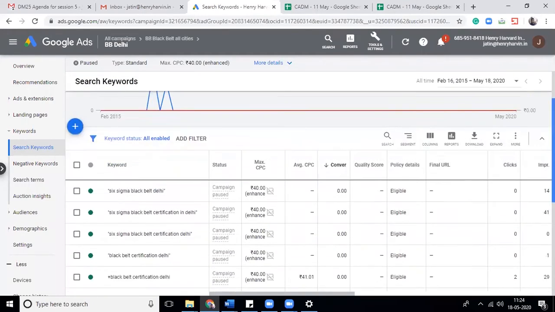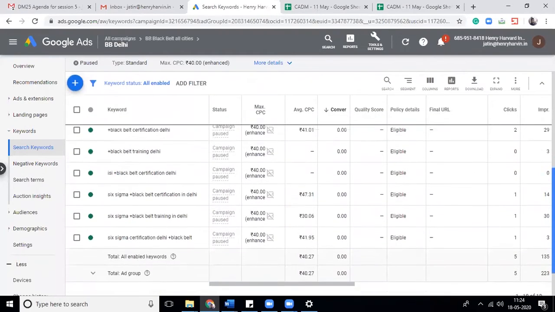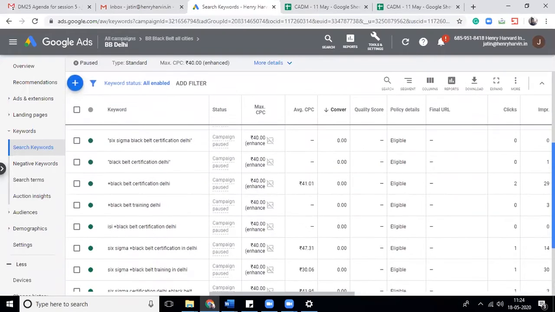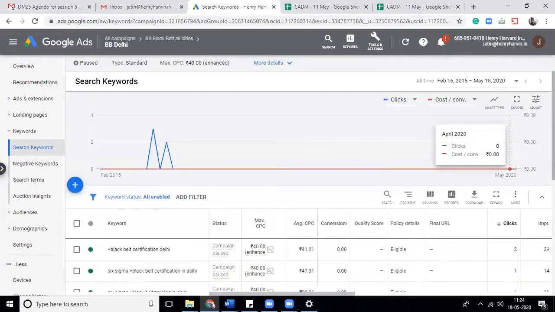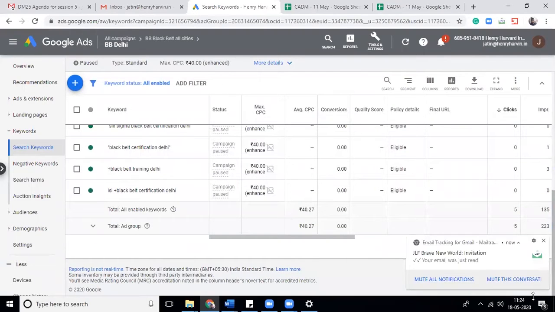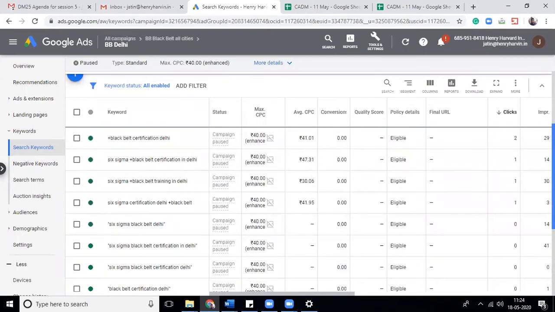So when we were running this campaign back in 2015, these were the results I was getting. I got around 5 clicks. Imagine how bad that campaign was in 2015, but fine.